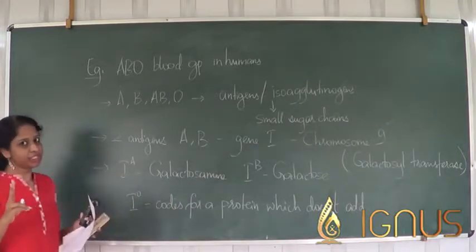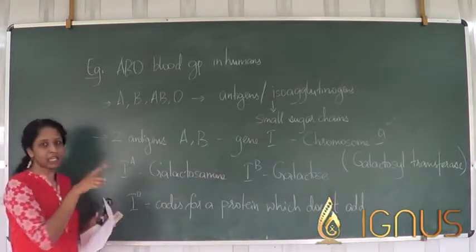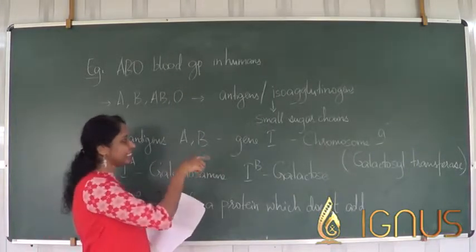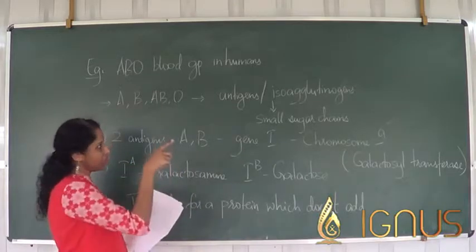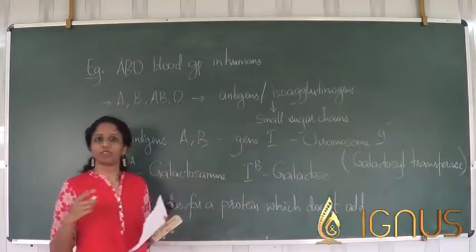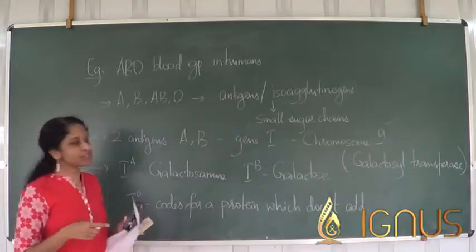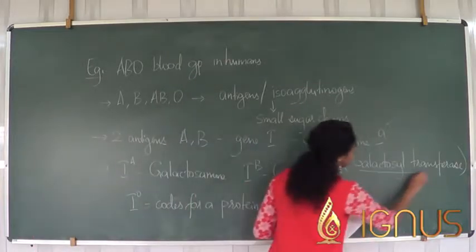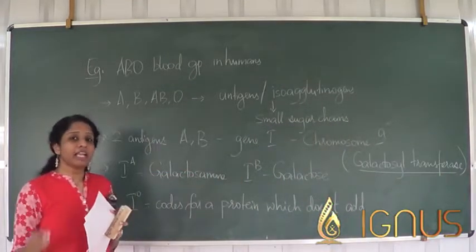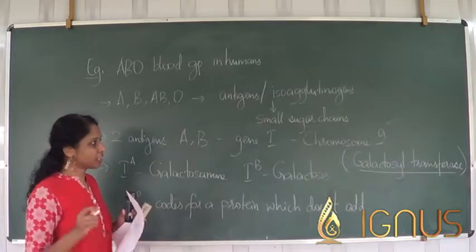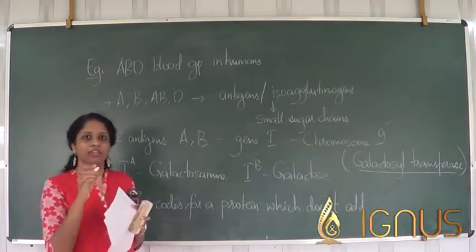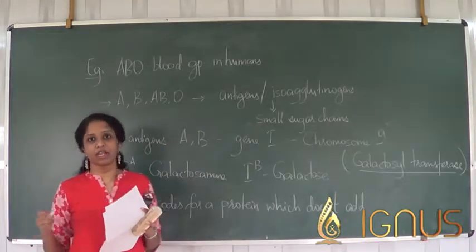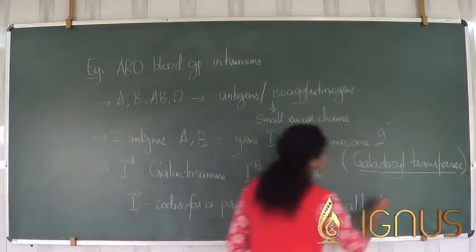Now, there are 2 different antigens, antigen A and antigen B. Both of them are coded by a gene which is called the gene I. It is termed I because of isoagglutinogens, and it is found on chromosome 9. Now, this gene I is going to code for an enzyme, galactosyl transferase, which transfers the sugar chain to the protein on the surface of the RBC, and that process is known as